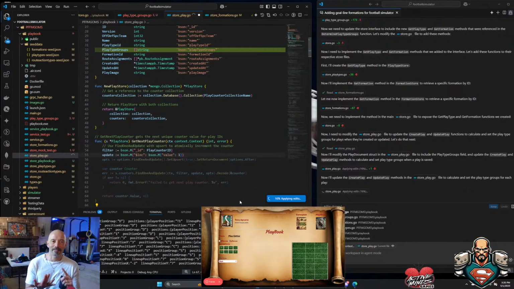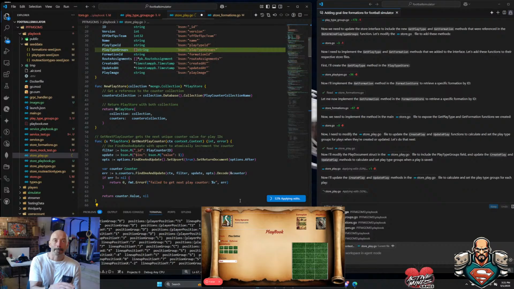You've got kickoffs, you've got long runs, and so on. By default, those should be in your playbook, because you have to have certain plays in your playbook. Ultimately, it's going to pull from your playbook all the plays that it's using. The default will pull plays from your playbook. Right now, it's not pulling anything because I don't have any plays in the playbook. Still trying to work on the playbook, but